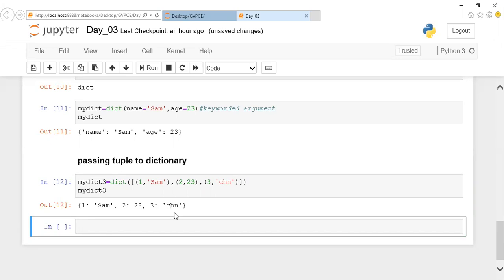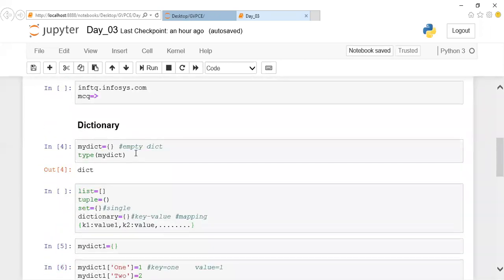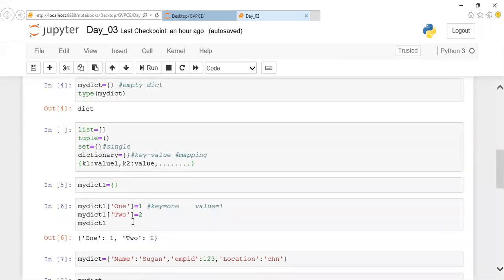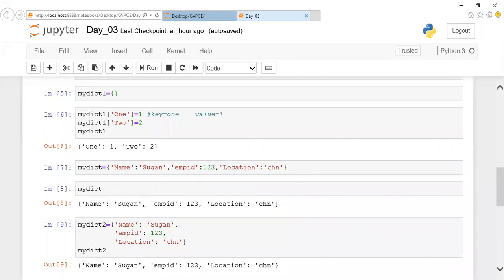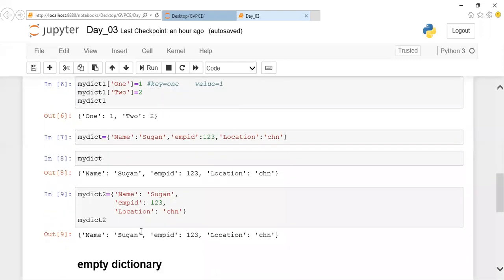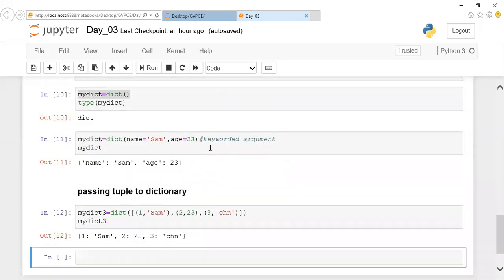So this is also one way of creating a dictionary. We have seen different approaches. First, the normal method of creating it. After this, we saw how to initialize values directly one by one, how to initialize in a single line, and in multiple lines. Then we saw how to initialize using the dict method, using keywords, and now using tuples to dictionary. These are the different approaches for initializing a dictionary, guys.